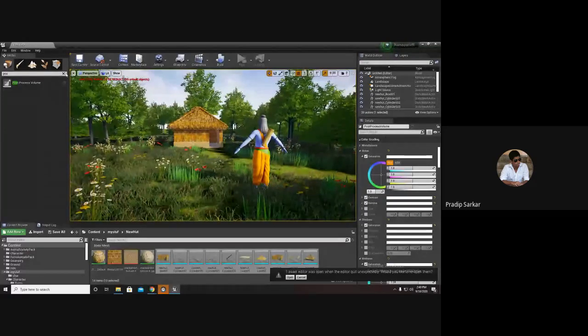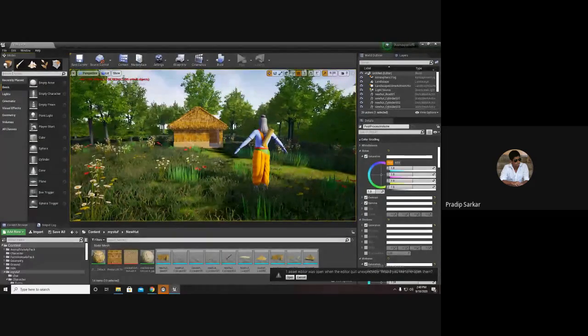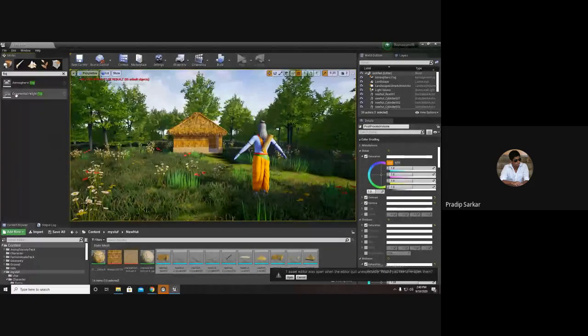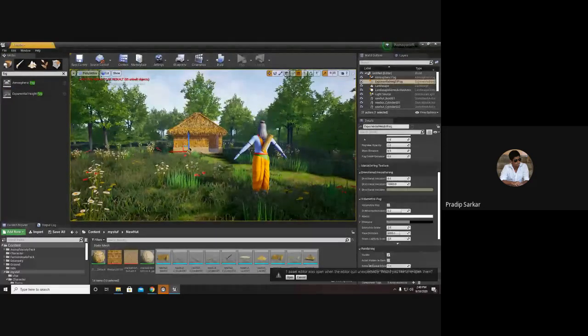Next, for any kind of environment, we have to put fog. In a forest generally we have fog. I'll search for fog, and there is exponential height fog that I'll drag inside my scene.